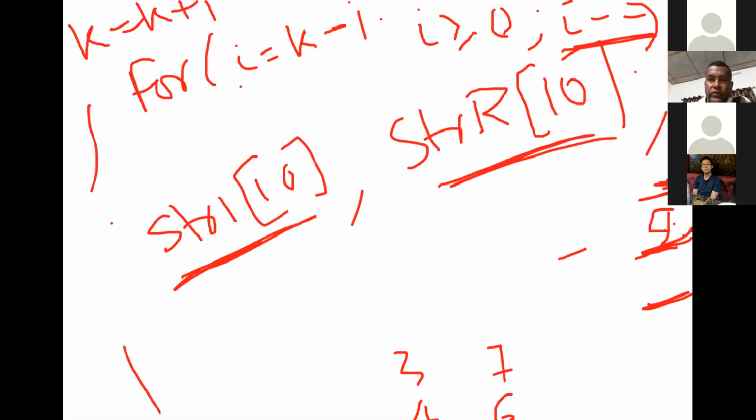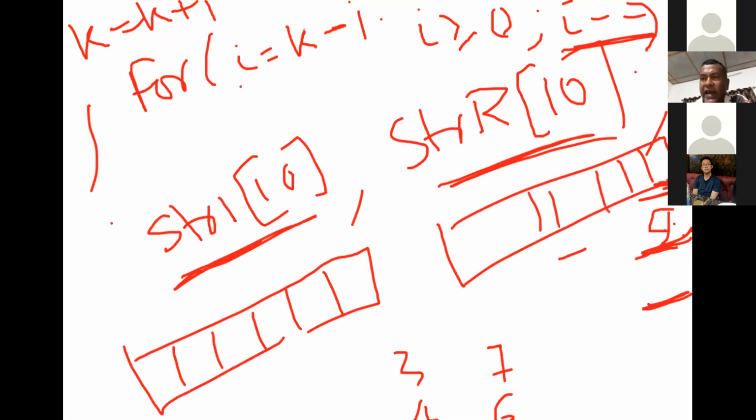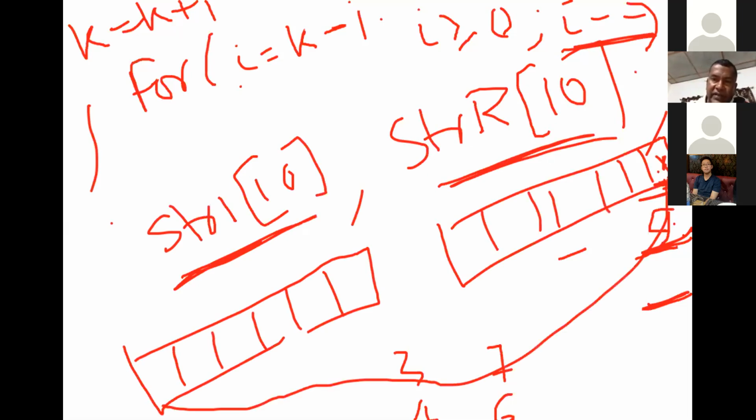And what I used to do, I make it only this much. I assign this address with the first address. Means whatever value is in the first address in string 1, it will be stored in the last address. Okay.